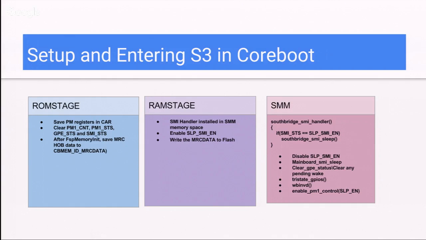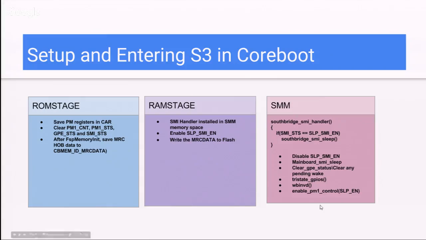And these are all wake-related functions that need to be called. And then this is one opportunity where you can clear any pending wake, because you don't want to enter when you're trying to go into sleep. You don't want any of these events to wake you up